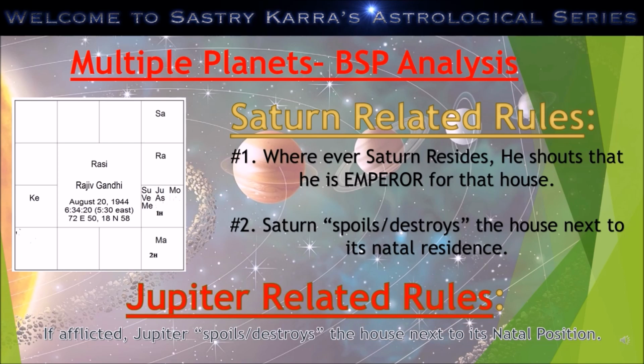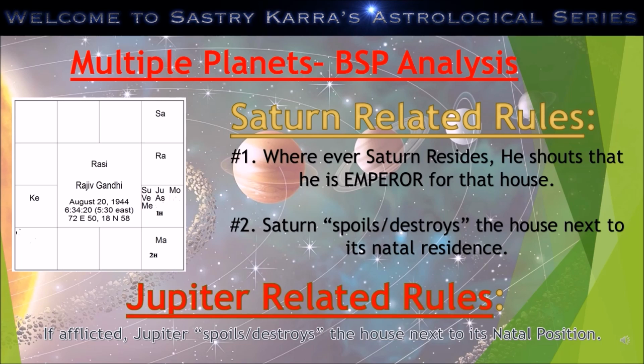Let me now look at the most important Bihuruga Sarla Paddhati rules, specifically related to the two slow-moving planets, because we have already seen how Saturn, Rahu and Jupiter, the transit planets, all three, made the native end up his life. Now let's look at the two important rules related to Saturn.